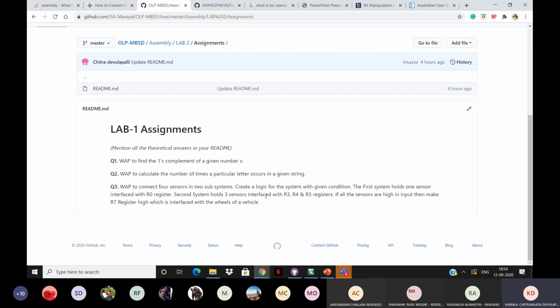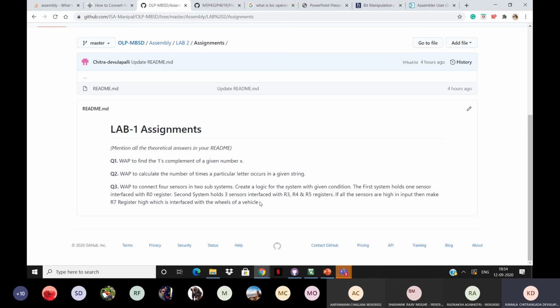So in this question, you basically have two systems. The first one has one sensor interfaced to R0, and the next one has 3 sensors. And if all of my sensors are high, then the wheels of the vehicle are supposed to move. Can one of you think of a logic to make this work?